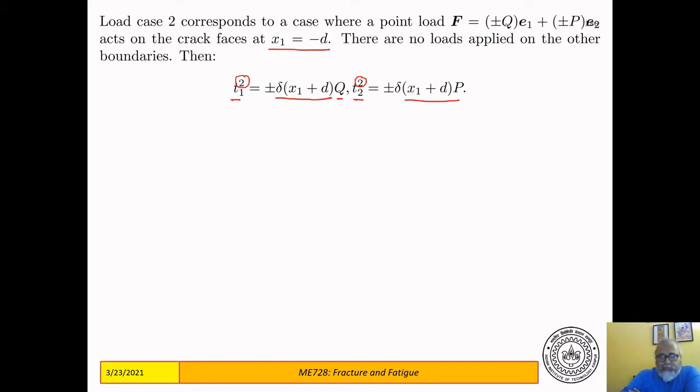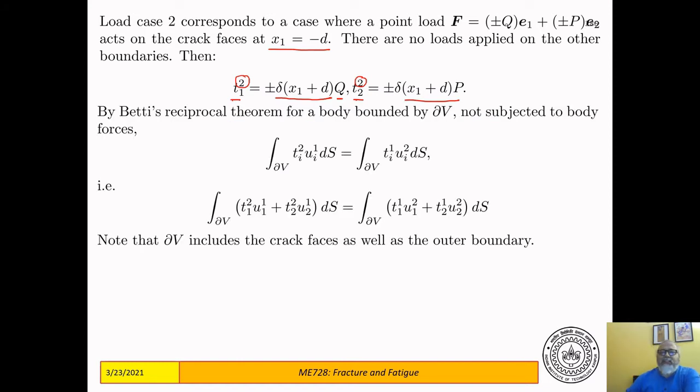examples of this. Now we are going to use one more theorem from your elasticity course, which is the reciprocal theorem. And the reciprocal theorem is, if you remember, if you don't remember, please go back and learn the reciprocal theorem. We are dealing with a case where there are no body forces, there are only surface tractions, either on the outer boundary or on the crack faces. And then the reciprocal theorem tells us that